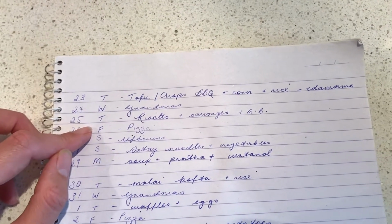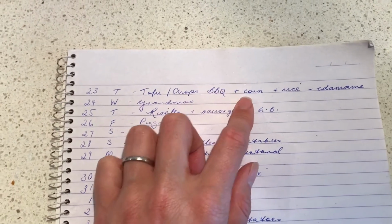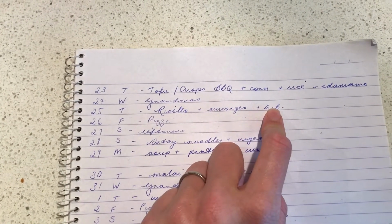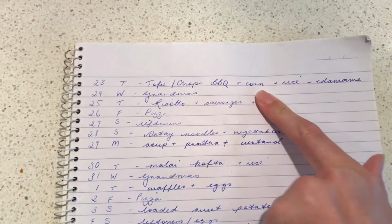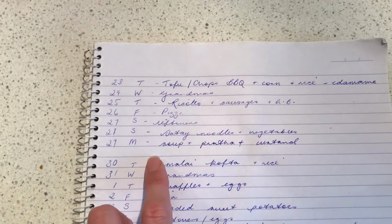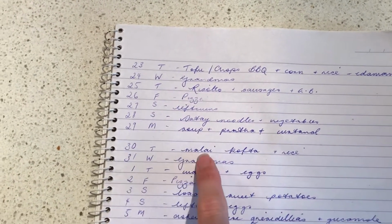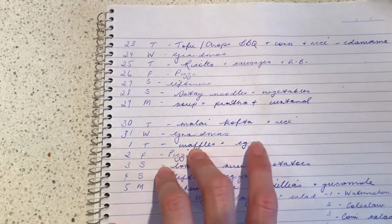But otherwise, I've carried over from the last menu this tofu or chops on the barbecue with corn, rice and edamame beans. We've got risotto, sausages and garlic bread. I couldn't find the garlic bread for some reason where we went, so we'll just be having risotto and sausages, veggie for me and the kids, and meat for Ruben. Soup and prata and custard for sweets, and then malai kofta and rice,